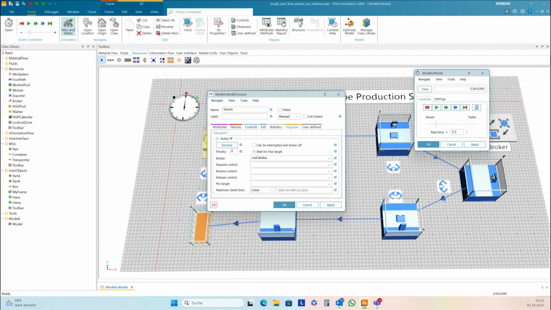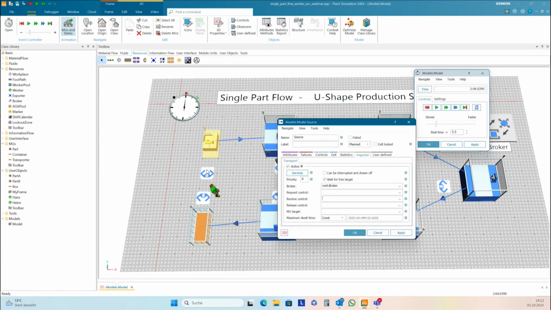The receive control will be called if, in this case, the source will receive the worker to fulfill this service, and we can do some actions here.